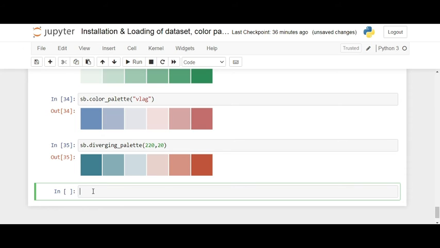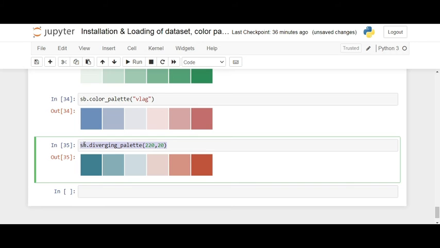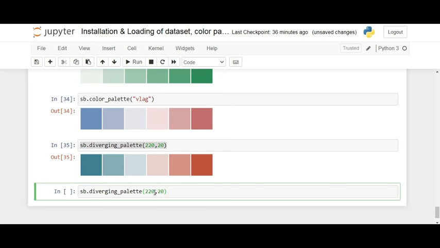Likewise, we can use different values and check what is going to happen. Suppose I use 145 here and 300 here, and run it.